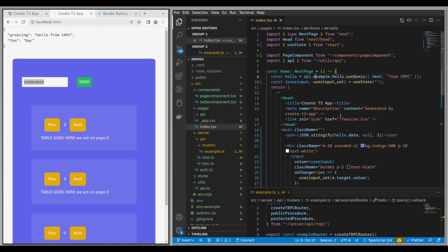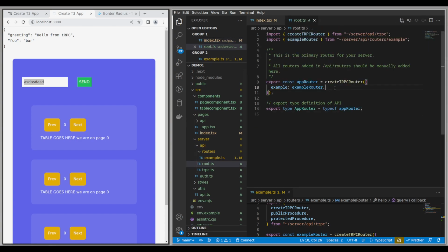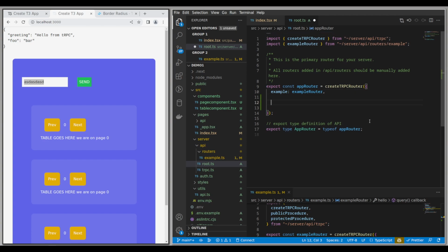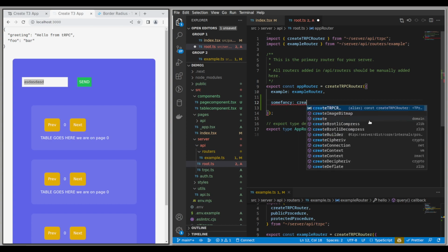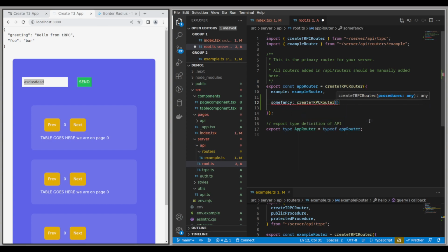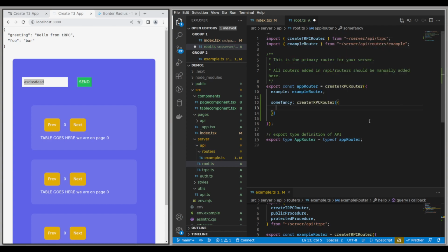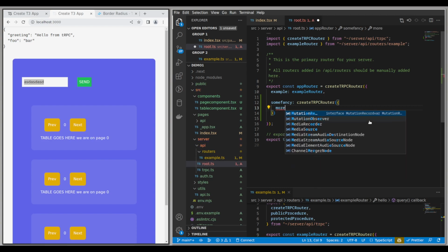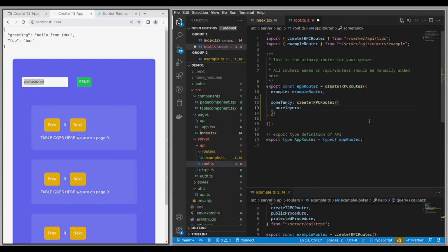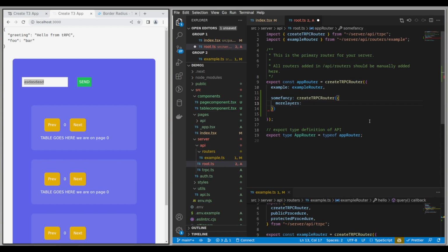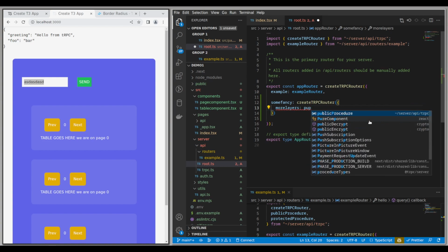So let's jump to this example here. Let me show you how you can do your own routers. So this is like some fancy API that you're building, and then you can do create tRPC router to do like nested stuff, right? Some more layers, and you can nest these, right? So each time it will be another dot layer in. Let's do a public